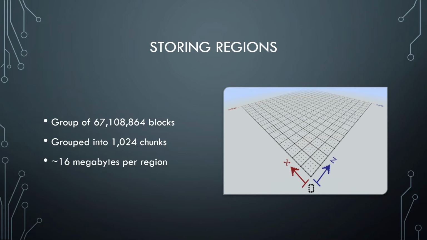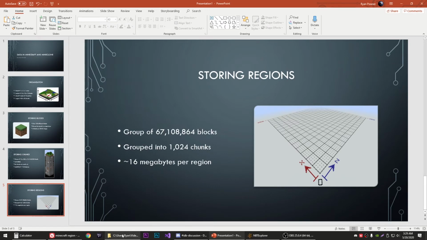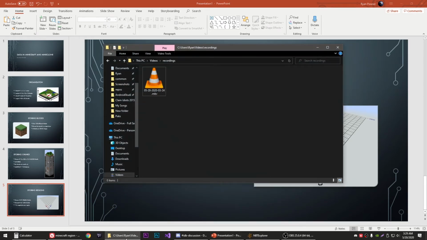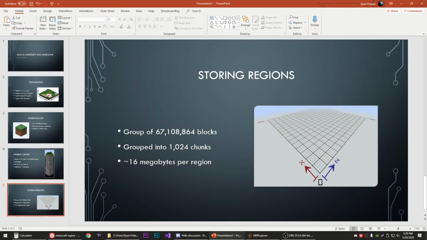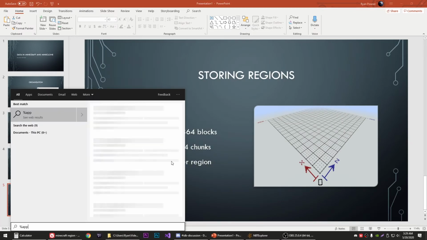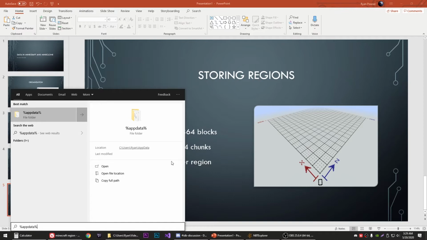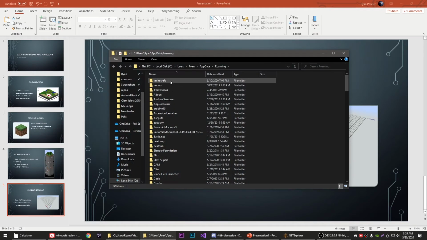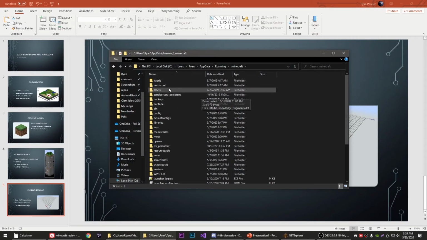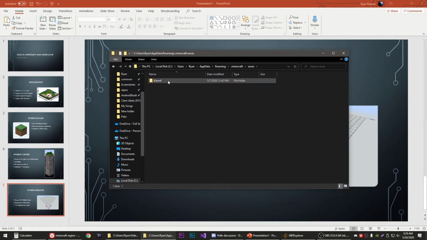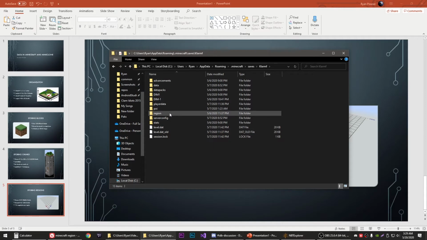Let's take a look at my actual regions on my hard drive. That's actually this recording. That's funny. If I go to %appdata%, this is where Minecraft stores its data in the .minecraft folder. And I go to saves. Clarmf is the world that I created. And if I go into region, there's obviously a ton more stuff here, but if I go into region,